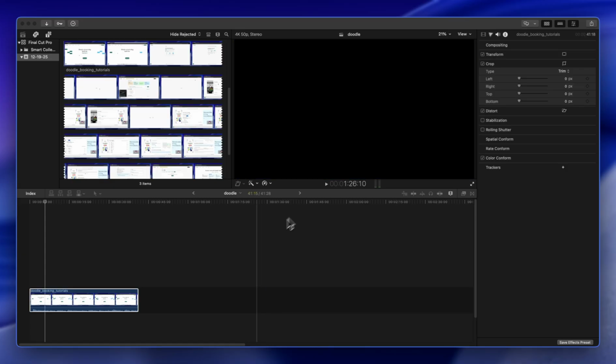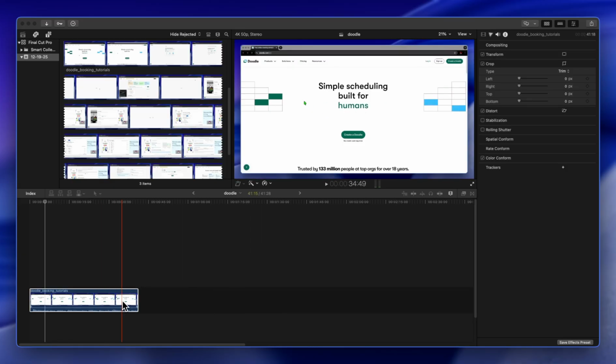Now the first thing I'd like you to do is load up the project that you want to detach the audio from. And once you load it up and you look at the clip in your project, you realize there's a video layer above an audio layer on your clip. So every clip has a video layer at the top and there's an audio layer below it, which is in